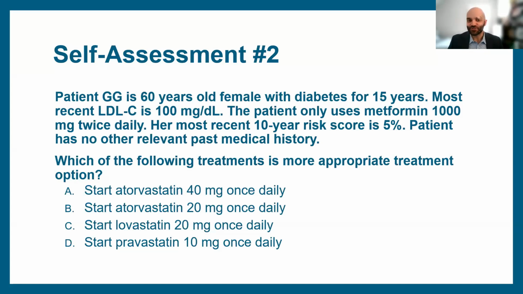So the patient has an LDL of 100 and an ASCVD risk score of 5%. Let's start from the baseline that the patient has diabetes. They should be on at least a moderate intensity statin because they're aged 40 to 75. Now, considering the ASCVD risk score of 5%, that inherently would say moderate is still fine. If that number was above 20, we would probably be more aggressive and treat with high intensity. However, the curveball is the persistent length of time of diabetes treatment. For 15 years, it is one of those diabetes risk enhancers we were discussing.